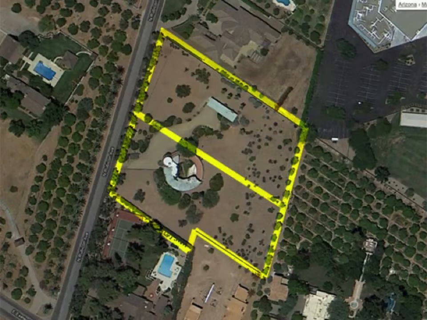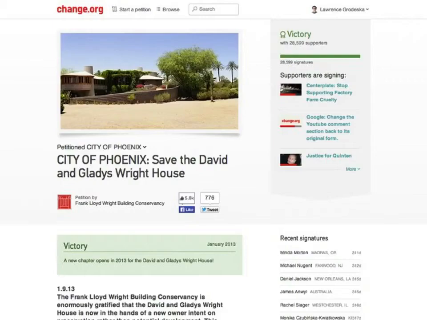So seeing the momentum of this rezoning and the imminent threat to this home, this architectural heritage and piece of art to many people around the United States and around the world, the Frank Lloyd Wright Building Conservancy realized they needed to do something different to convince the Arizona City Council that there was a lot of public support to protect this home. So they decided to launch their first online petition on change.org. That petition is pictured right here, and it's asking the city of Phoenix to save the David and Gladys Wright house. And they initially shared this petition with their supporters through their email list and on their social media profiles,